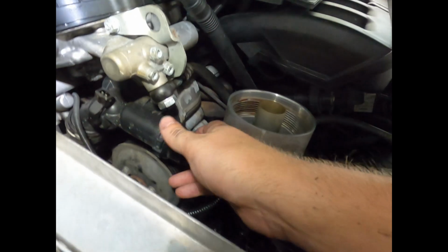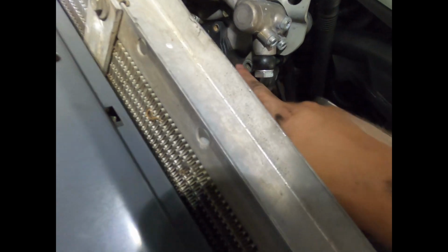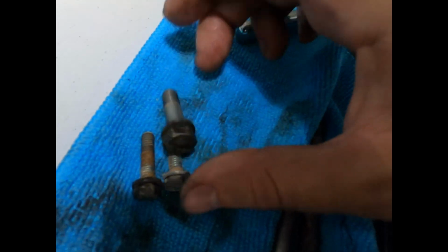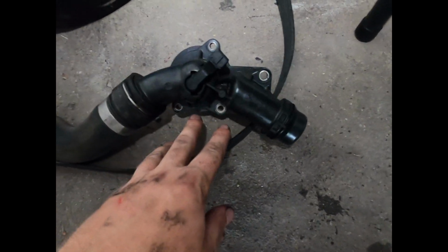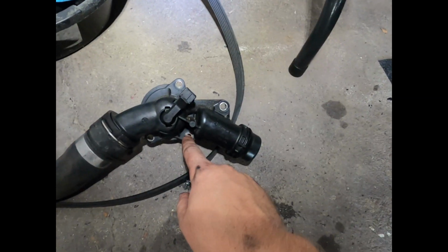Anyways, so I'm taking off the thermostat housing, and it is a 13 right here, and then a 10 right here, and there's a 10 on the back side, somewhere in there. And yeah, so that's your 13, those are your 2 10s. Can't screw that up too much. Alright, so I lied. Technically there are 3 10mm, so this would be your 13, 1, 2, and then 3